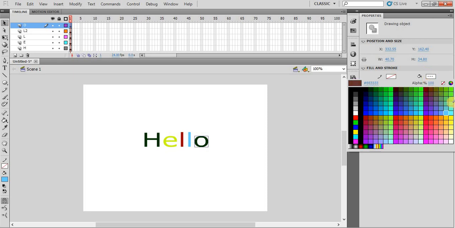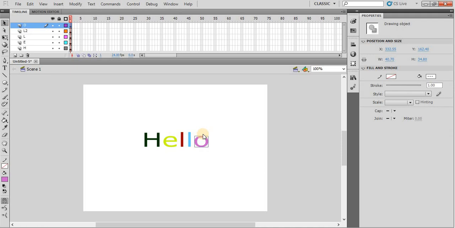So select each letter and then use a different color for it. That's it.